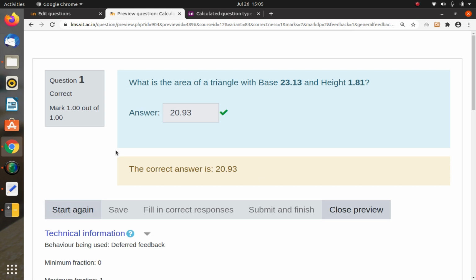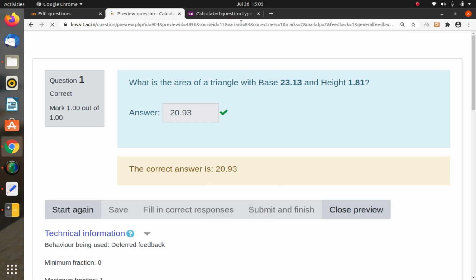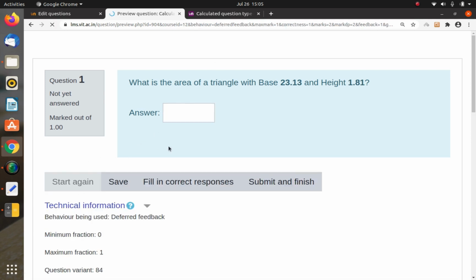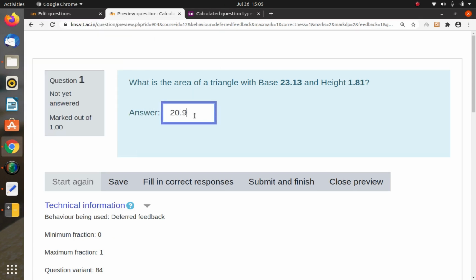Now let me refresh it. Once you refresh it, start again. I'll put start again. Now again when I give the value, I can give 20.94.